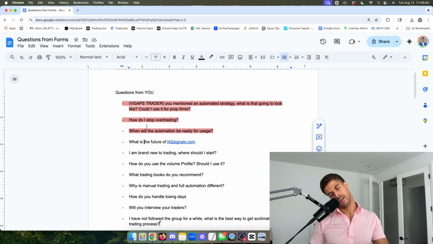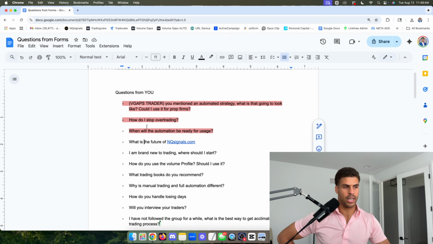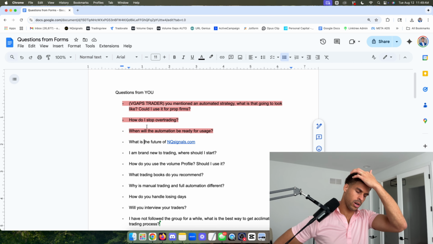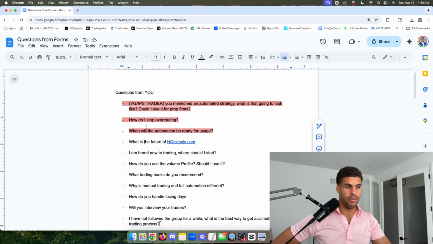I do think that as AI gets better, as machine learning gets better, as these things come down in cost, as these things become simpler, I do think there's an opportunity where I could get back into NQ signals, modify it a little bit, and then start to really spit off signals from there. I think that there's something there. But for right now, I think it's just a cool, like, free thing. You can use NQ signals if you want. You don't have to, but nqsignals.com, make an account. It's completely free, and you can just use it. So it's not going anywhere.